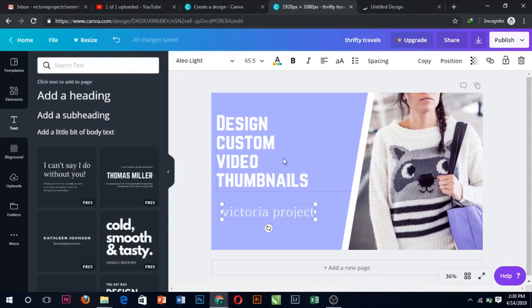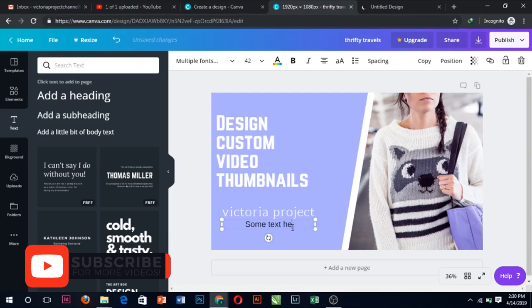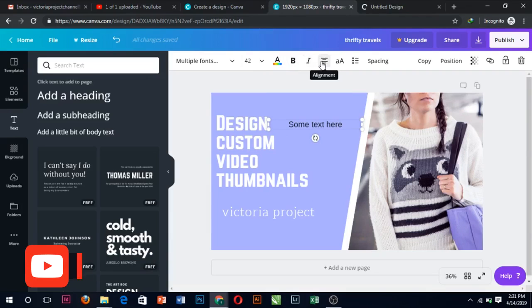Click, and the text is added. The text box is added. Some text here. Whatever you want to add, wherever you want to place it. You can change the color, the font size. You can change the text color, make it bold, italicize it, change the alignment either in center, middle, uppercase